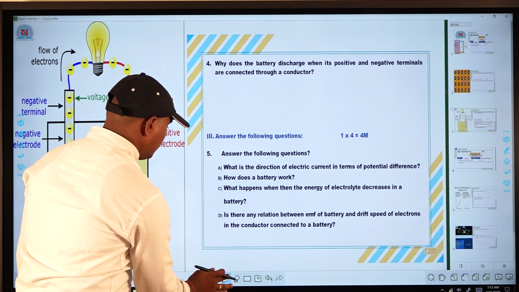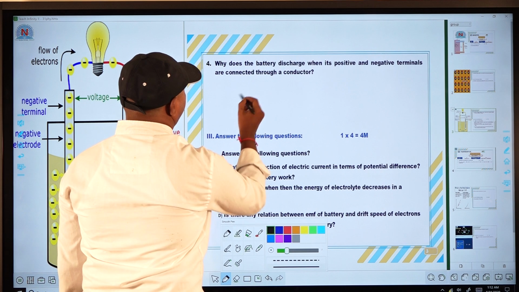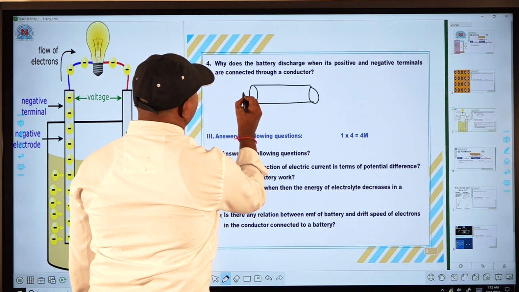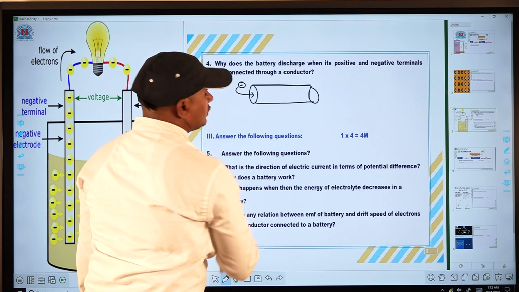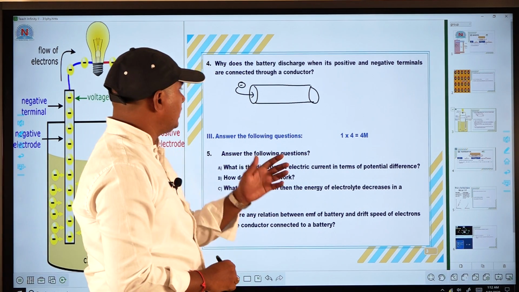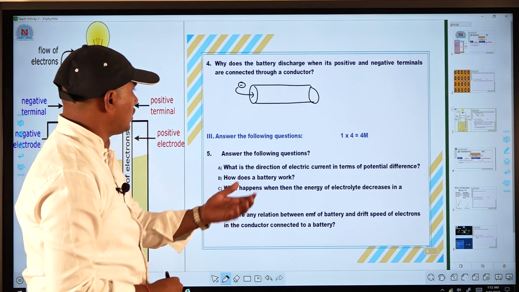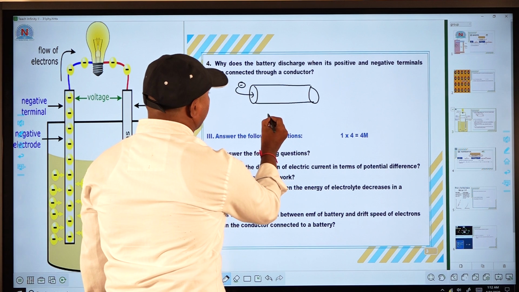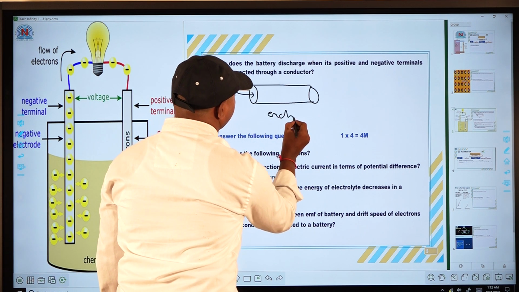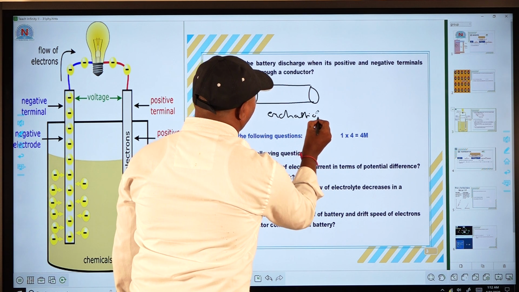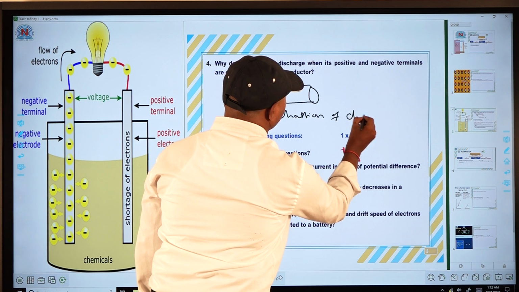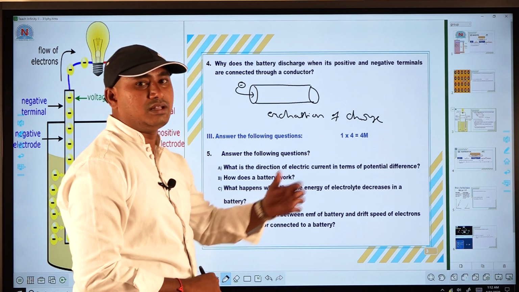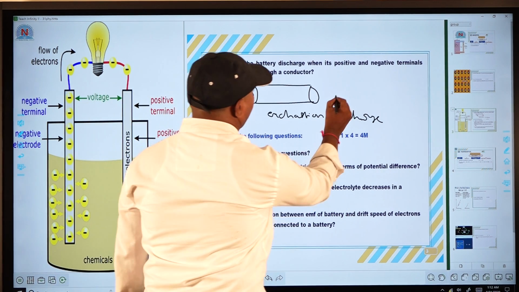See here, if you take any conductor, this conductor permits the charge to move in it. Due to this reason, the exhaustion of charge creates the discharge of a battery. The discharge means the exhaustion of charge, when that charge continuously goes through the conductor, after that it creates some exhaustion of charge. Due to this reason, the charge continuously comes to 0.